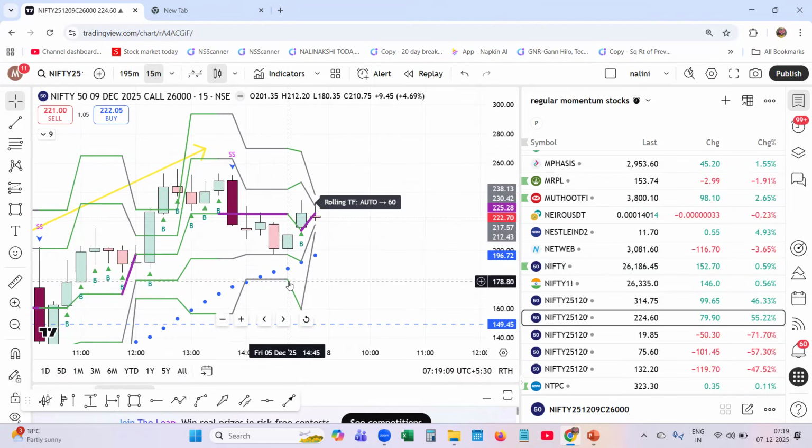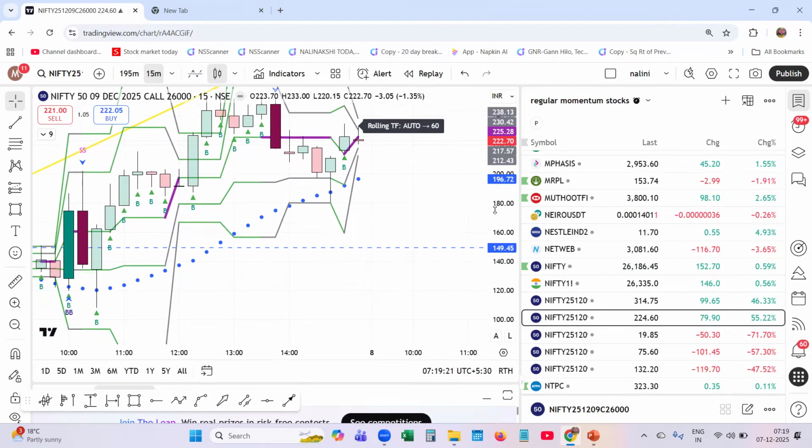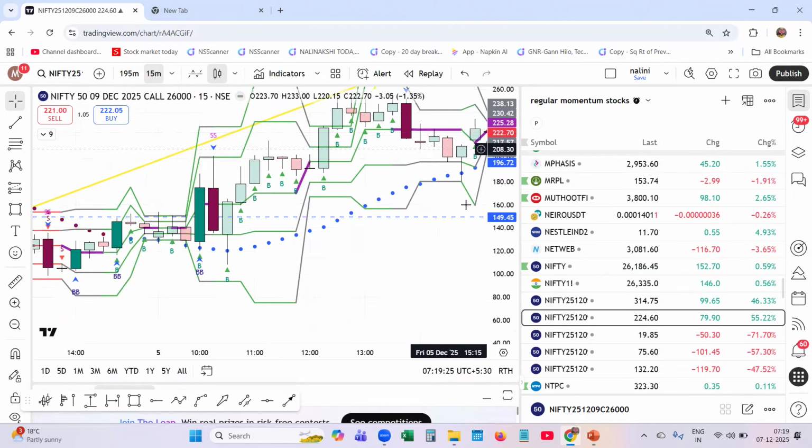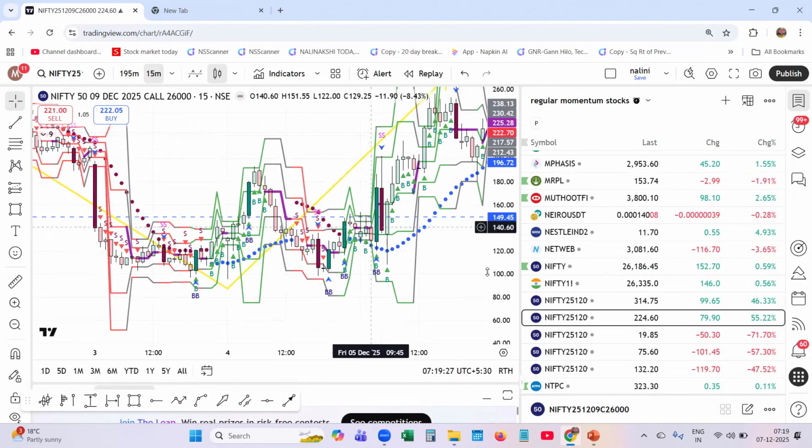Even on the call option, on the higher time frame, 15 minutes, the price has put a leg down to S2 and is not able to go past this. It is showing exhaustion over here. Exhaustion while closing, then you need to be careful, friends. Again, this cycle may continue.